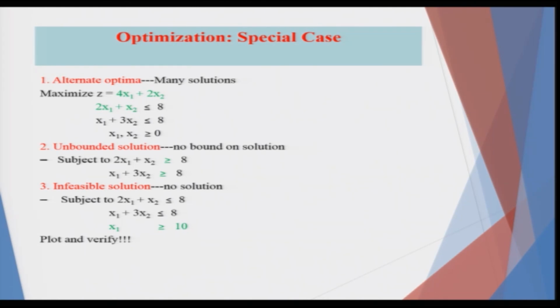So, many solutions would basically mean the objective function remains fixed at a certain level, but the basic feasible solution would change. Say for example, you are moving along the corner points, whether in 2 dimensions or 3 dimensions, that does not matter. You are moving from corner point to corner point, from one basic feasible solution to another, and trying to optimize.